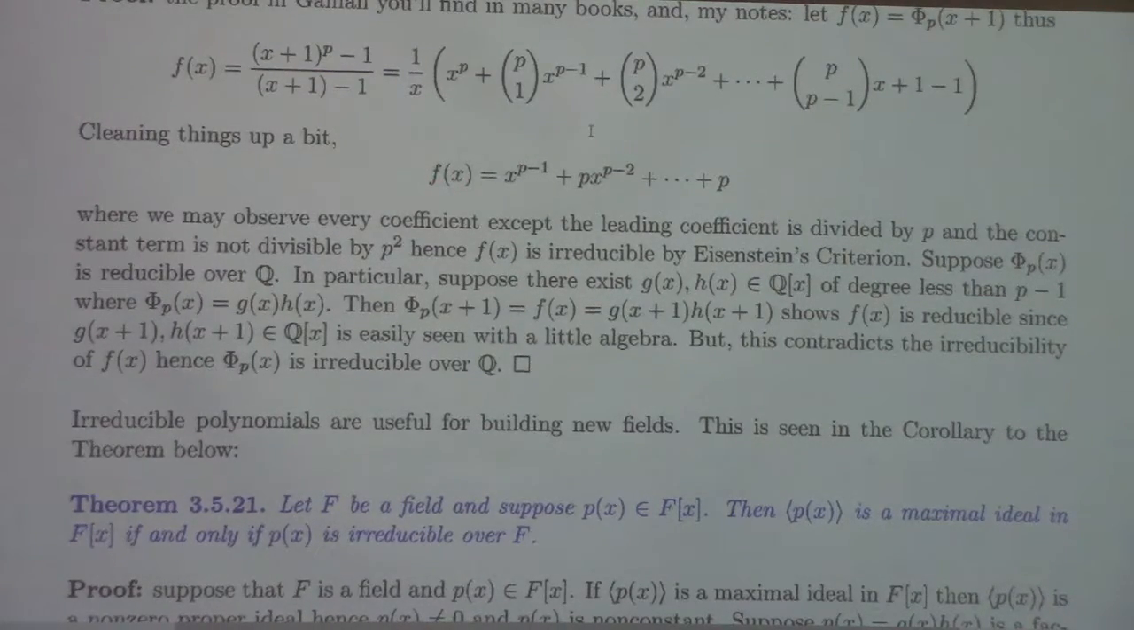But then if you suppose that the pth cyclotomic polynomial was reducible, that would imply that f of x was equal to g of x plus 1 times h of x plus 1. You can easily multiply these out and see that that would provide a reduction of f of x, which is impossible by Eisenstein's criterion, what we already argued. Consequently, the pth cyclotomic polynomial is irreducible, which again is pretty cool because it gives us a